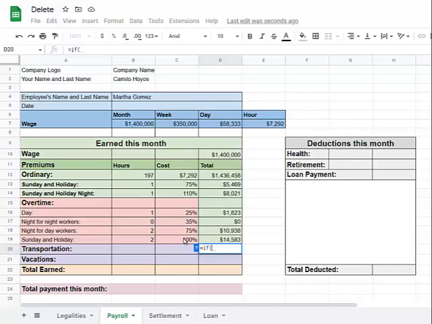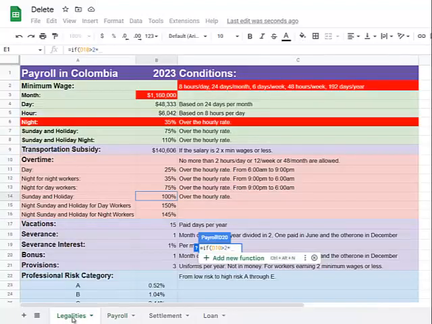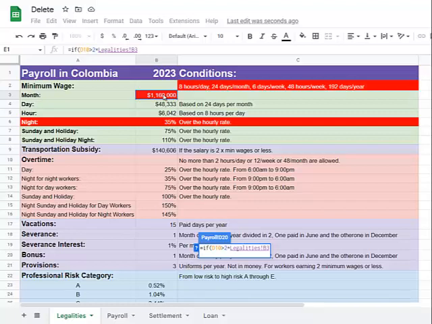If D7, which is the wage, if this wage right here is more than, so you have to click shift and then this little more than symbol, more than twice, so 2 times the minimum wage. So you're gonna have to go back to legalities, click on the minimum wage, which is per month, this one here, 1,160,000. So if it is twice as much as this, then comma,